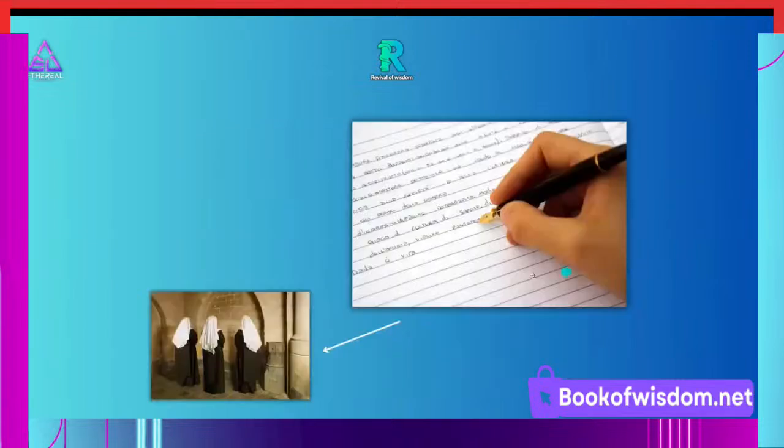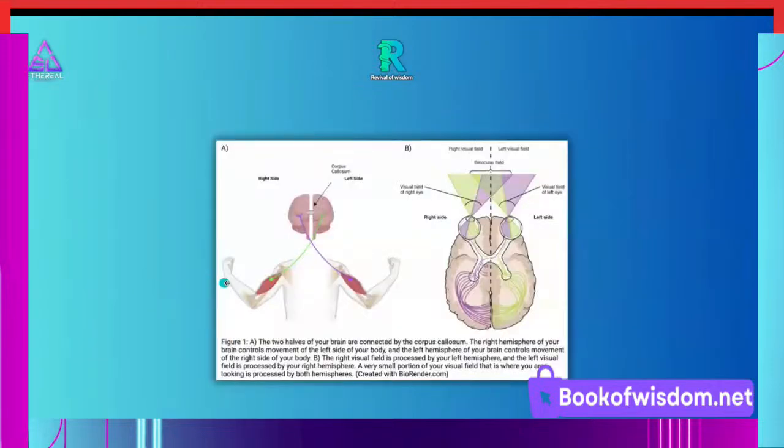There is a crossover in the brain, and this is why they teach you to write with your right hand. I was speaking to someone who's in a nunnery, or whatever you want to call it. They were a nun, or they knew someone who was a nun, and they forced these nuns to write with their right hand. You had to write with your right hand. This is why at least 70% of the world, or 80%, is right-handed and right-legged, because they taught us this to activate the left hemisphere more, because of this crossover that happens in the body. So when we are using this right side more, we are using that left hemisphere more.